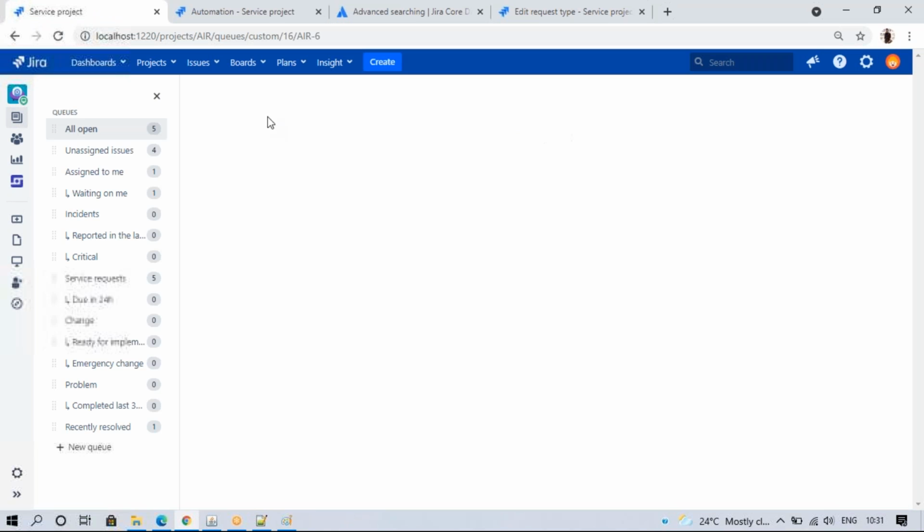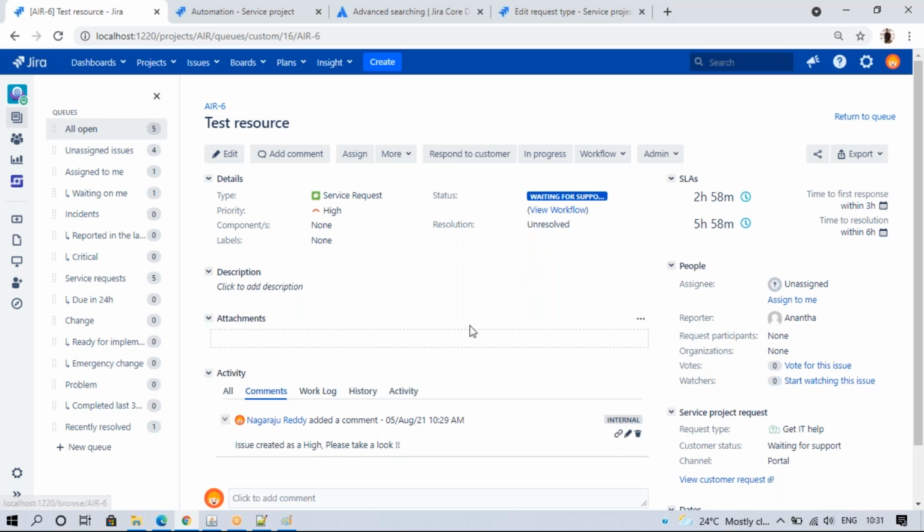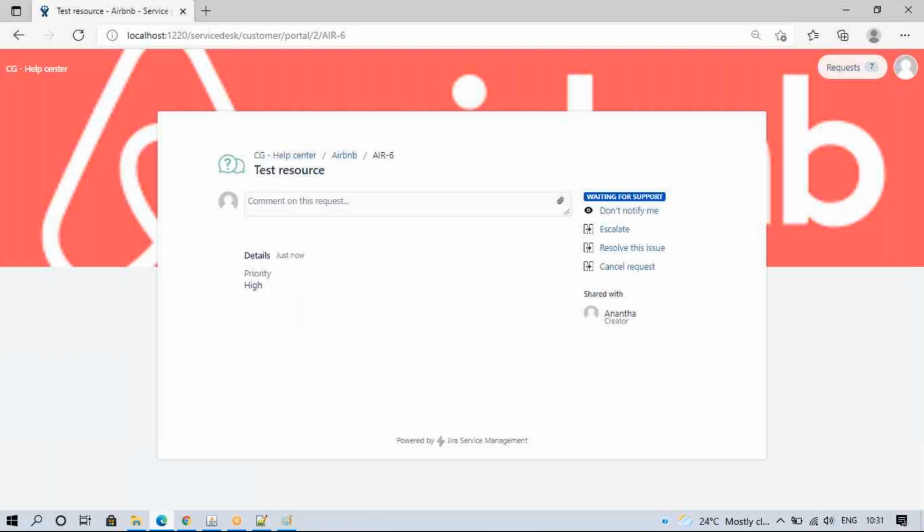So see here, just be careful. This is now waiting for the supporter. Okay, so waiting for the supporter, and I'm going to add the comment. But when the comment is added, this status should be changed from waiting for supporter to waiting for the customer.